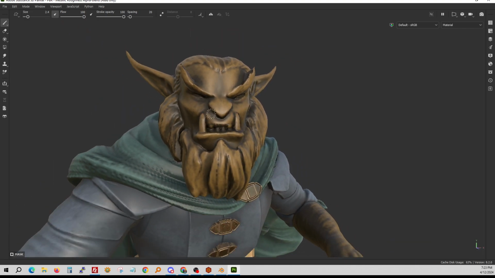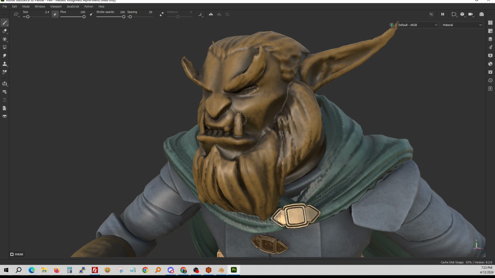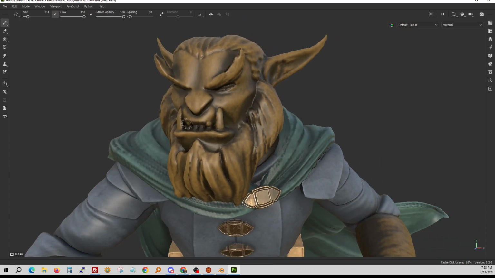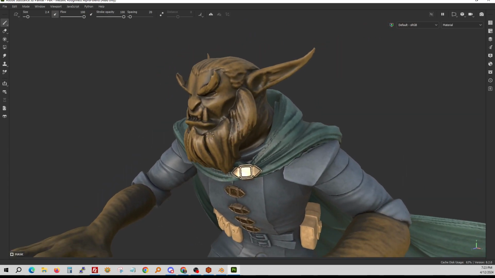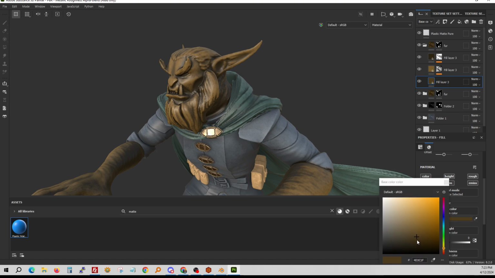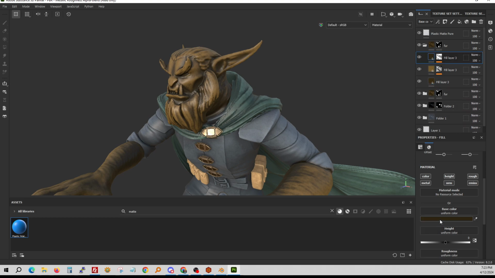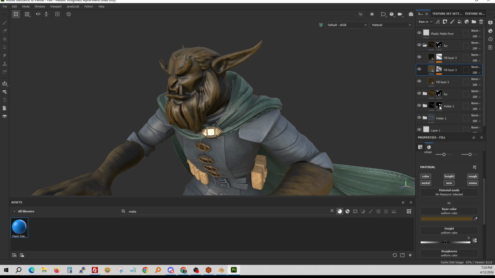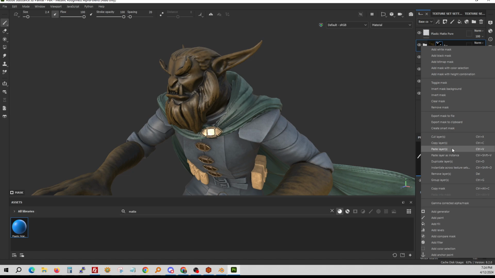And then I think what I'll do is probably blur his face. So I don't know. Let's see what happens. So keeping it, I'm going to copy his fur. I'm actually going to make it darker. So I'm just going to take each one of these and make it a bit darker. I think our dirt is probably pretty dark, but yeah, we can go darker on the dirt. And then the highlights is where we're really going to see the change. Maybe going a little bit, there we go. Okay, now I'm going to clear this mask